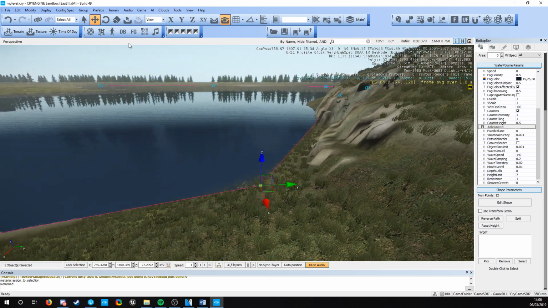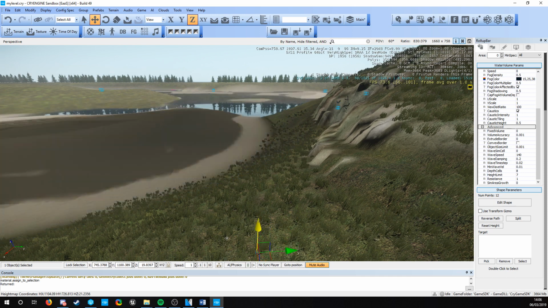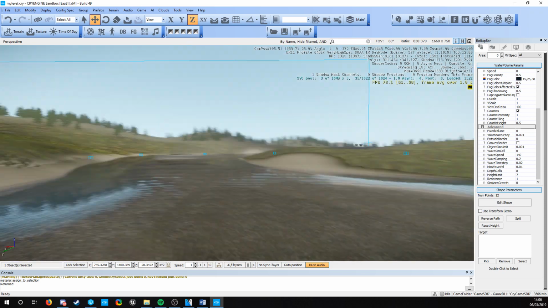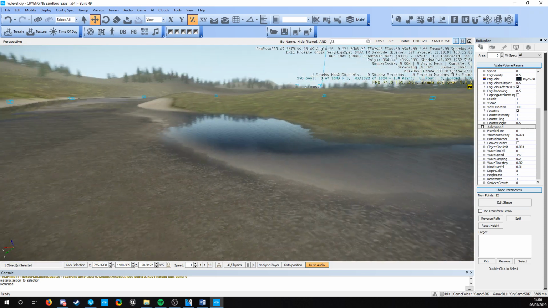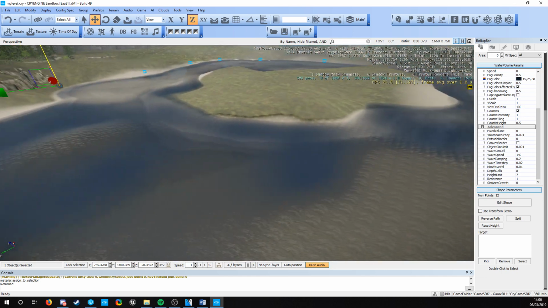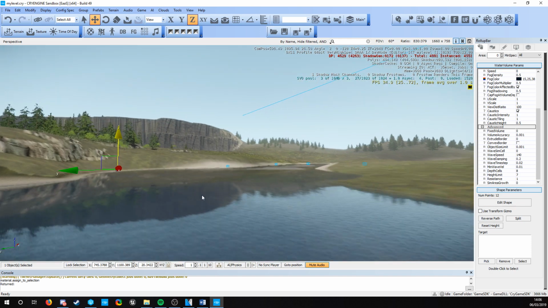And we obviously want to go to the move tool, move down the origin just a bit, our lake. Quite shallow, but it still works. And now if you look in the